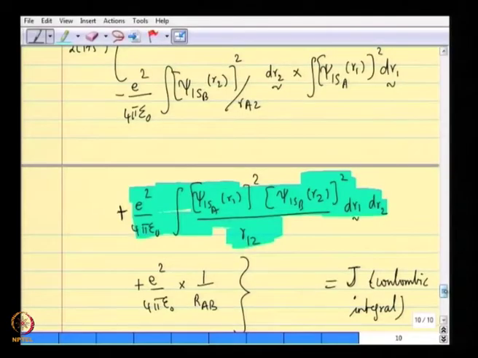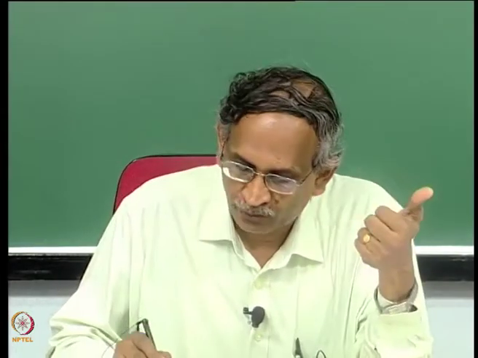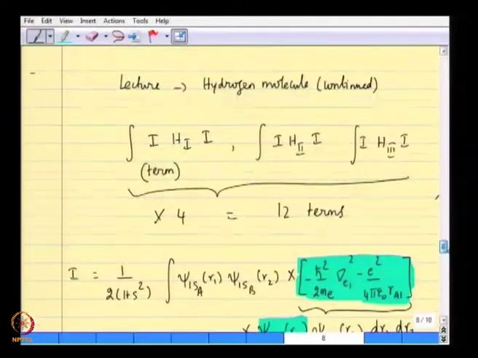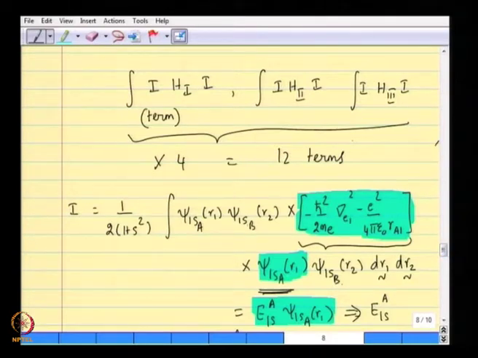We will simply call it the Coulombic integral. In an assignment, I will probably show you how to calculate this. It is somewhat tedious to evaluate. Okay. And the other thing is, of course, the nuclear repulsion energy, which simply adds to the total energy, and as the nuclei are further apart, this energy becomes smaller and so on. So you see that the calculation of the first term, if we go back, the first term, namely H11, H21 and H31, where 1 is this wave function, 1s a r1, 1s b r2, gives you in summary